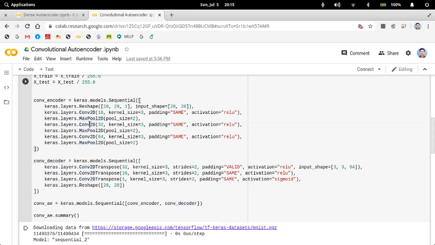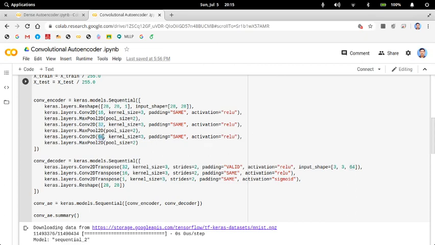convolutional pooling layer. So you have an input 28 into 28 into 1. The image is grayscale. So 28 into 28 image. Then the first convolution layer has a filter size of 16 with kernel size equal to 3 into 3. The second convolution layer has 32 filter size.